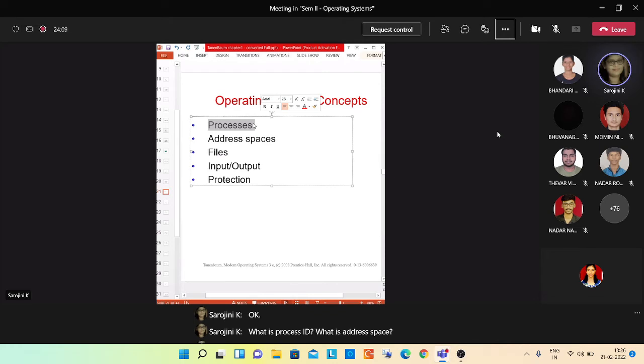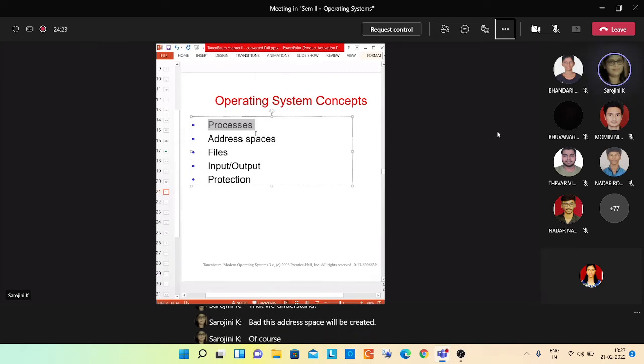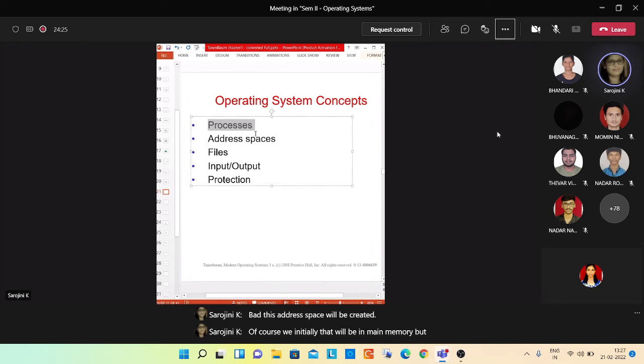Are all the address spaces of equal size? No, that we understand. Where will this address space be created? Of course, initially that will be in main memory, but there is a variation. Sometimes, I did not say anything about virtual memory yet; we will see that. Even address space can be created in virtual memory also. Now, don't confuse with that.